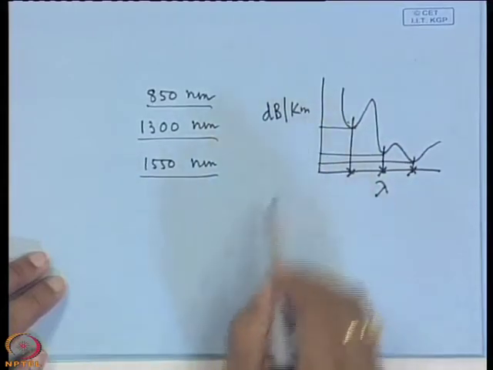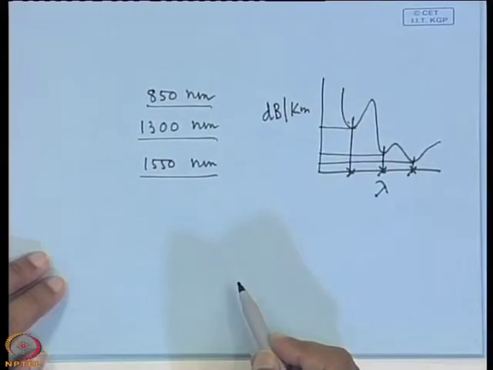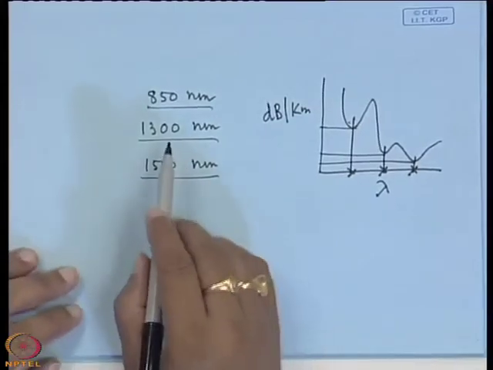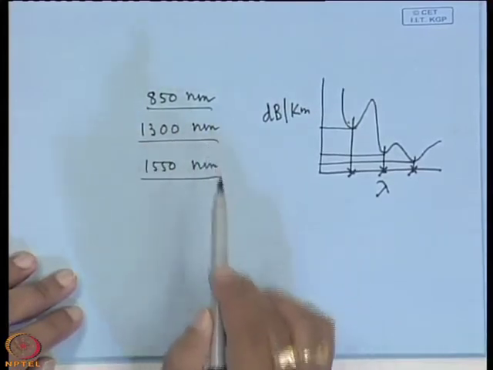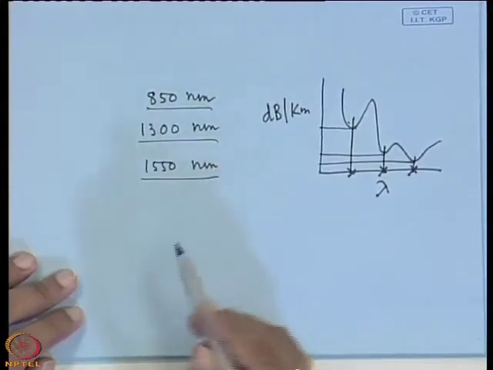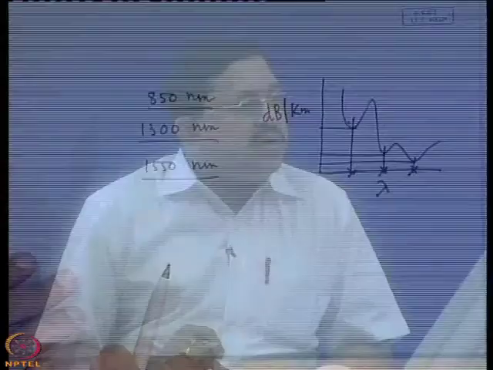It is decibel per kilometer. Okay? And if you take these wavelengths, you cannot name any single material using which you can get such kind of emission. Emission means either you have to use a light emitting diode or a laser diode for sending the light through the fiber.